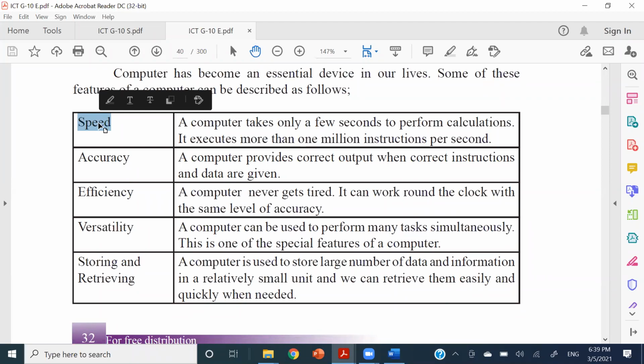In that aspect, the computer is very, very distant from the human brain, right? Distant means way ahead, right? We are behind, and the computer is way ahead of us. But that is regarding the execution, right?